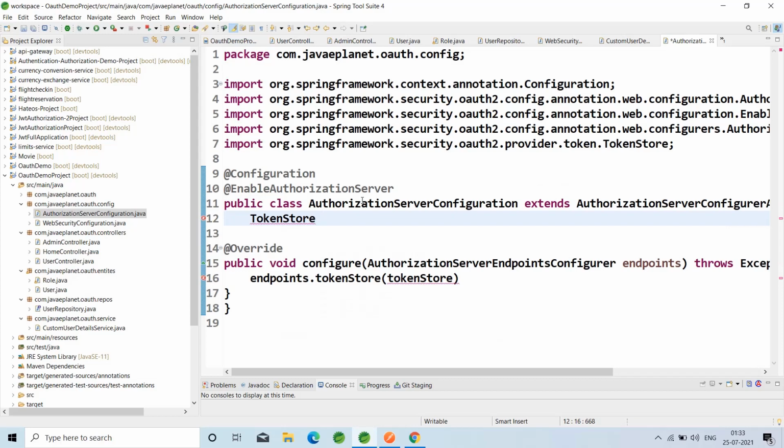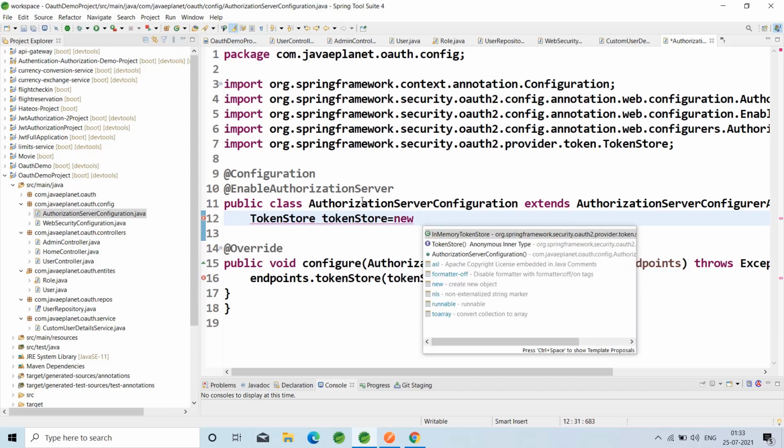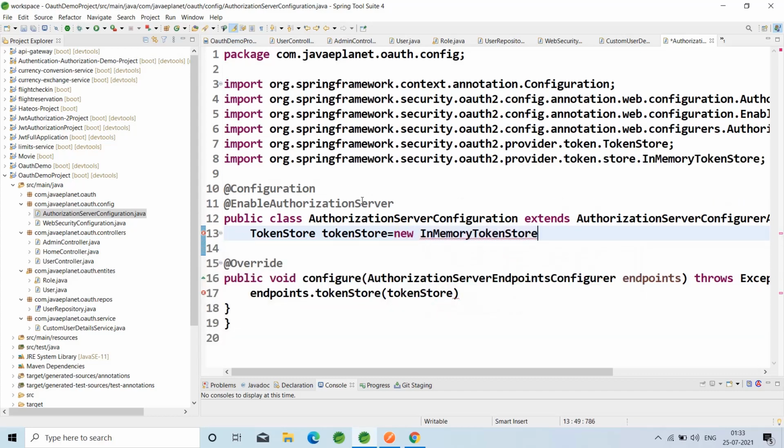TokenStore tokenStore equal to new InMemoryTokenStore. Take and pass the token store here.